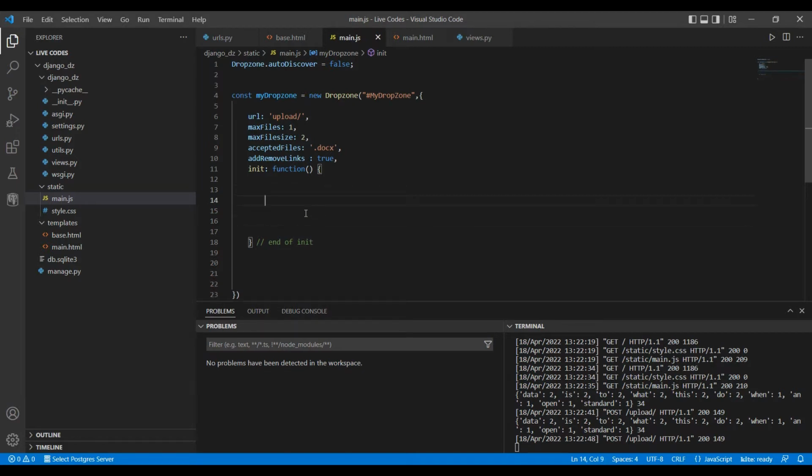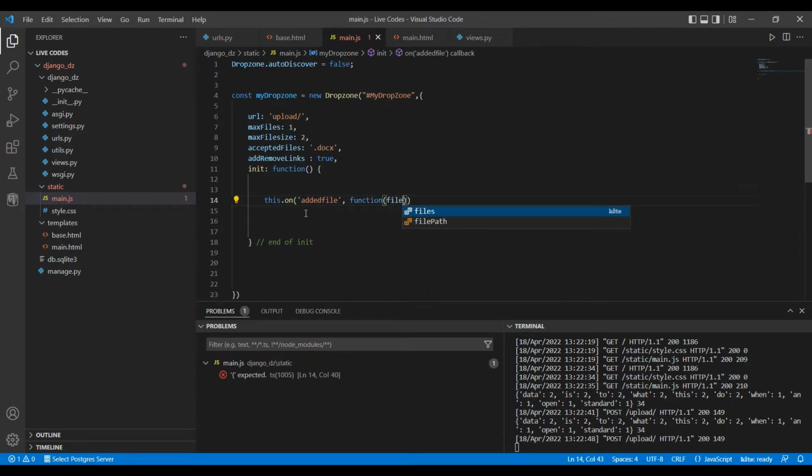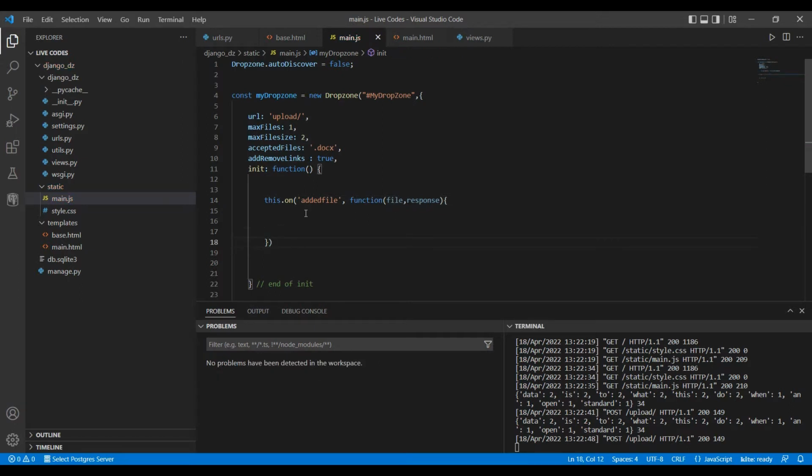The first event we are going to use is addedfile. this.on addedfile function file and response. End of addedfile event. So what do we need? In fact, we need a variable here, currentFile, which is null,